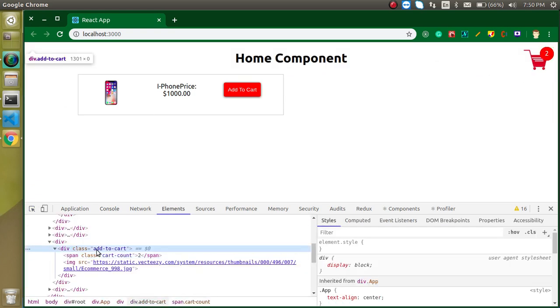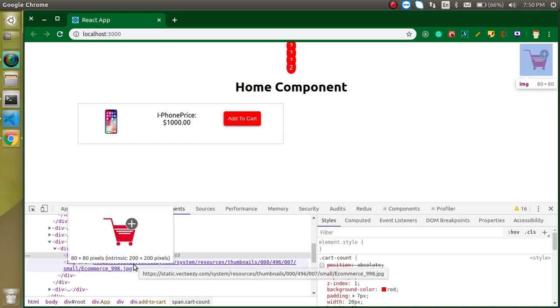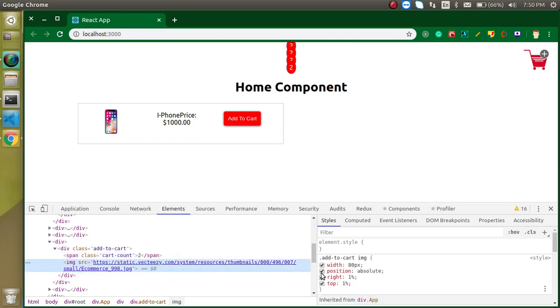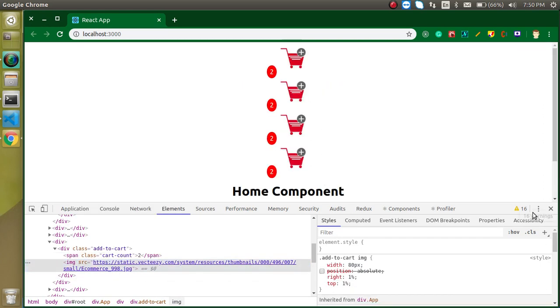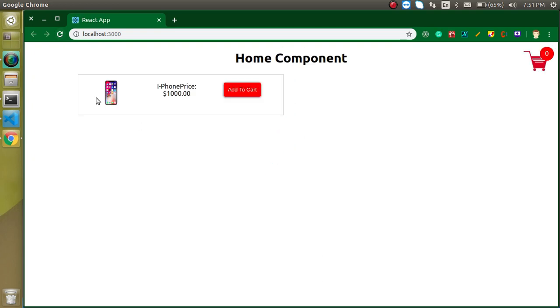Now you can see that we have lots of other components, because the style is just overlapping, and we are able to send the data to multiple components. So I just wanted to show that we can send the data from one component to many components, or from one component to another component, with React.